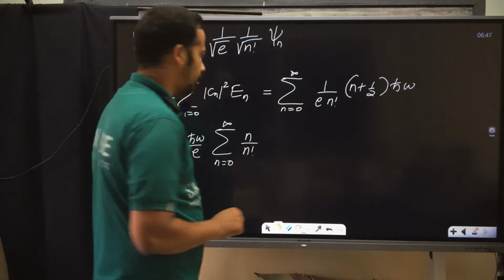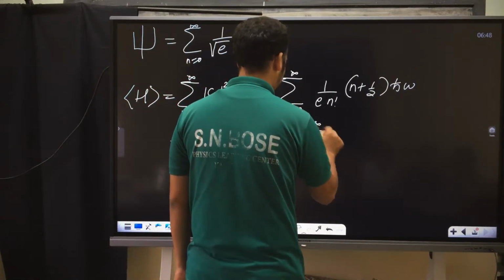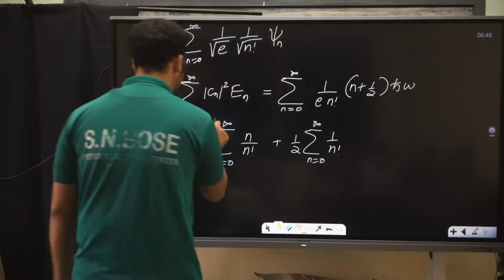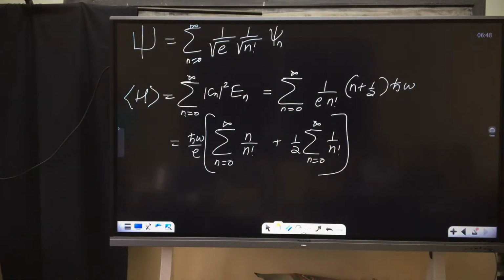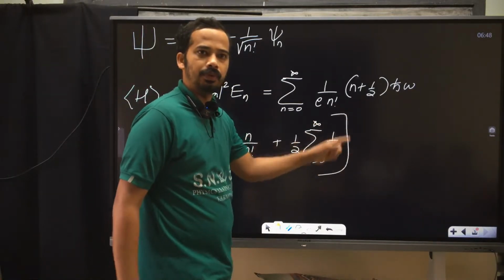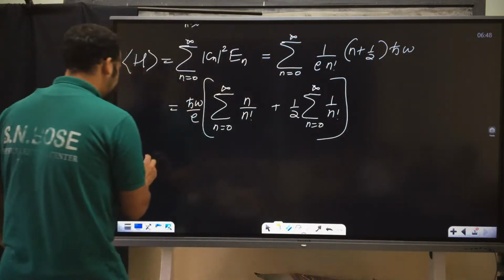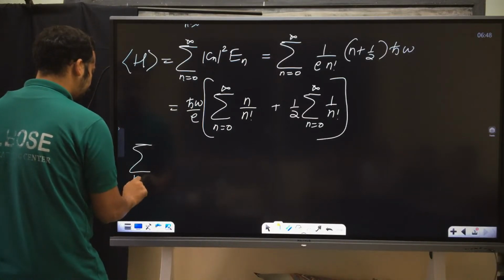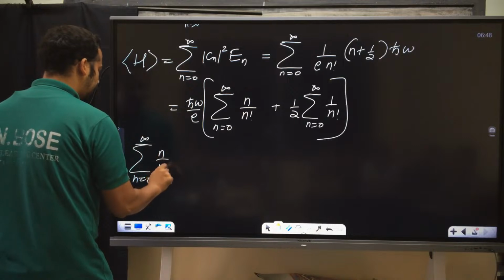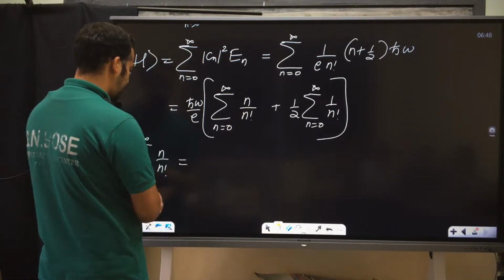The other summation is, half outside, summation over 1 by n factorial. This one you know. This one is same as earlier. Can I write like this? That okay? This one is again e power 1. Pick up. What is this one? Now, n by n factorial, summation over n equal to 0 to infinity. The first term is 0, am I right? Speak up. First term is 0.